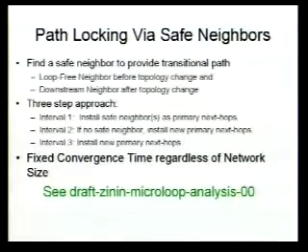At interval 2, the set of routers that don't have a safe neighbor install their primary next hops. And then at interval 3, you install your new primary next hops. What this gives you is a fixed convergence time regardless of the network size. You have 3 intervals, no more, no less, and you can get the controlled convergence. And there's a draft down here to go look at if you have interest.